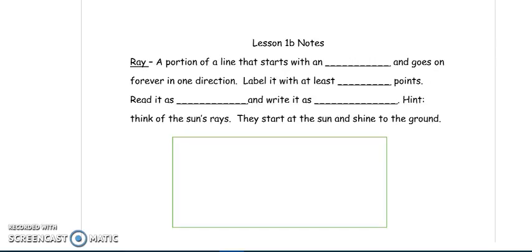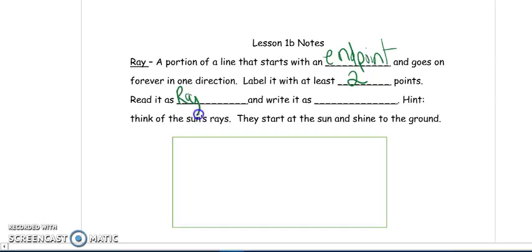So a ray is a portion of a line that starts with an end point. You remember endpoints from lesson 1. And it goes on forever in one direction. We label it with at least 2 points, though. And we would read it as ray AB. For example, if I drew one endpoint here, and I had it go on forever in another direction,